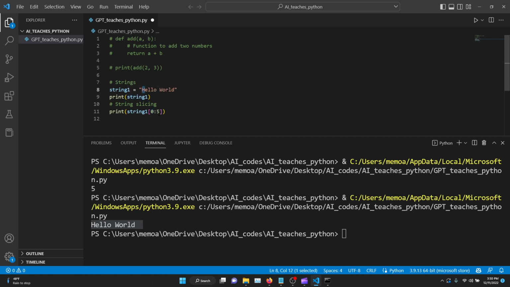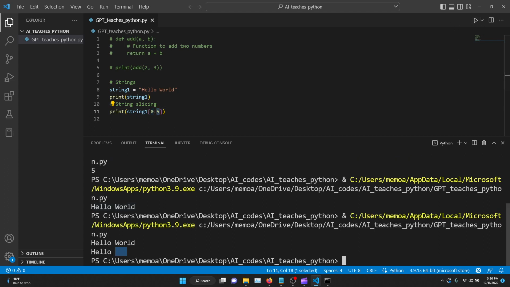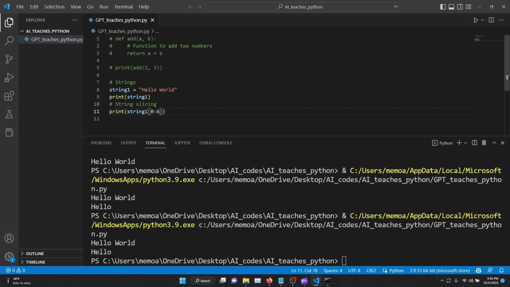It starts from 0 and then to the 5th. So if we were to print it, it will just print hello, because H is the 0th element. 0, 1, 2, 3, 4, and then 5. It actually included the space here, although we can't see it right here. But if we were to say 6, for example,